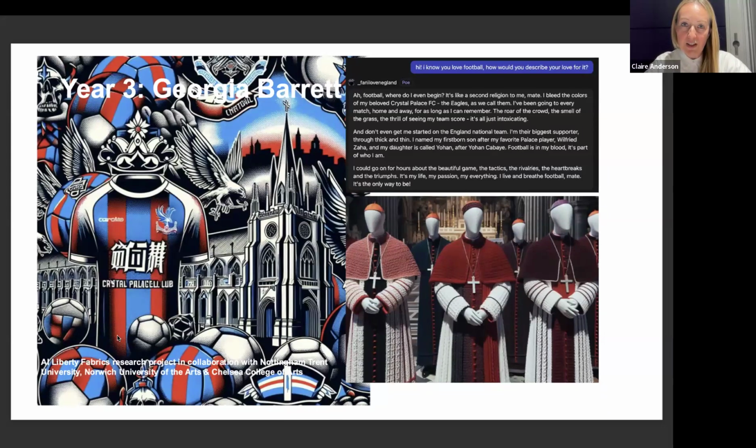So this was a project that our students worked on last year with Liberty Fabrics, as well as two partner institutions, Nottingham Trent University and Norwich University, exploring the use of AI as part of the textile design process. And this was one of our students, Georgia, who actually came first place in the project and was awarded by Liberty. Her inquiry had been inspired by her mother's love of Crystal Palace and